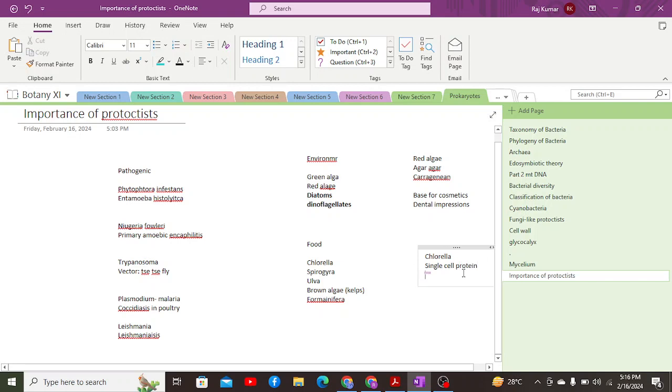Single cell protein is an example, as well as there is another type of algae